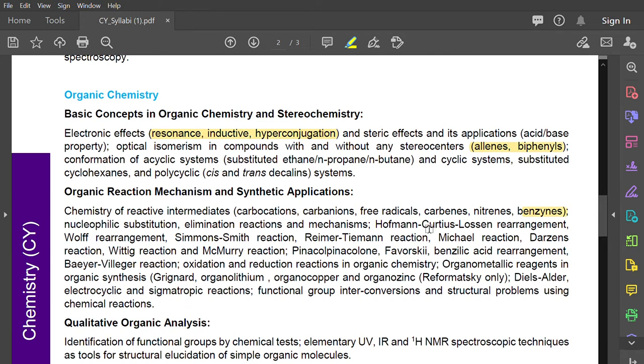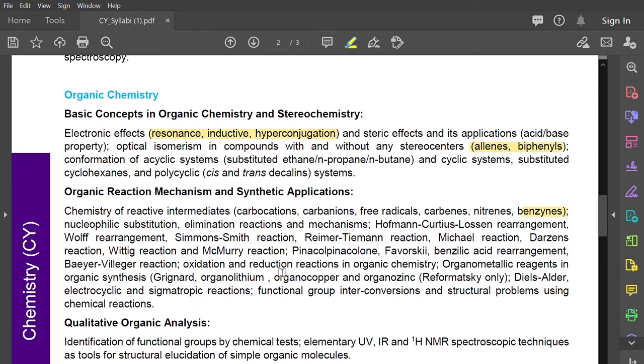There will be at least one rearrangement question. Either it is a Hofmann-Curtius-Lossen rearrangement, or a Favorskii rearrangement reaction, or a Wolff rearrangement reaction. Okay, this is a must learn. So this is something that always comes. Pinacol-pinacolone, semipinacol reaction, you know, Demjanov rearrangement. Okay, so these things will come, and